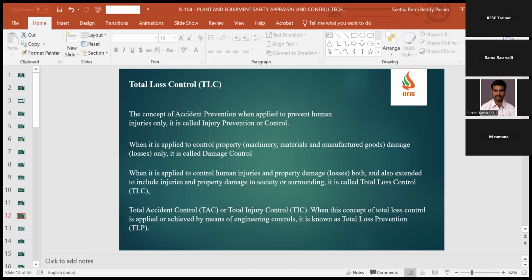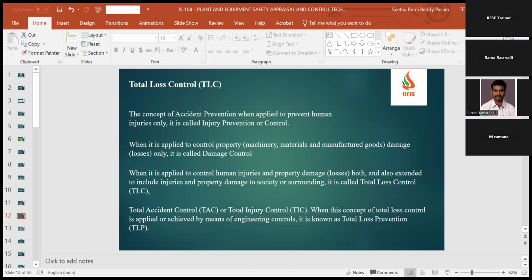When this concept of total loss control is applied or achieved by means of engineering controls, it is known as total loss prevention. If somebody asks me what the best control is, engineering control is the best control in the hazard hierarchy